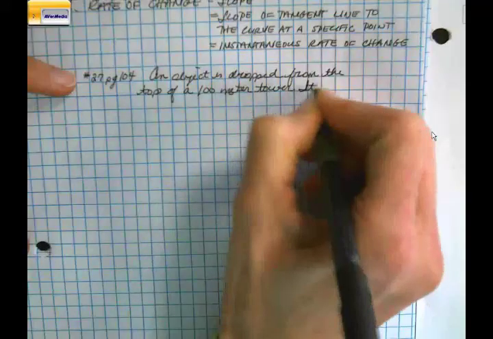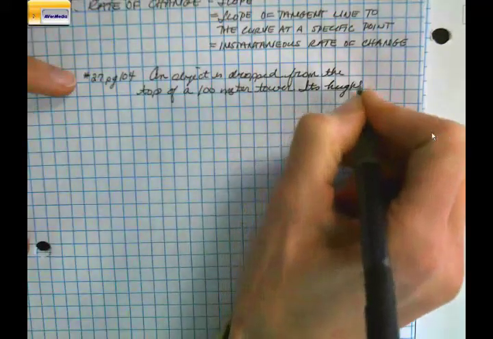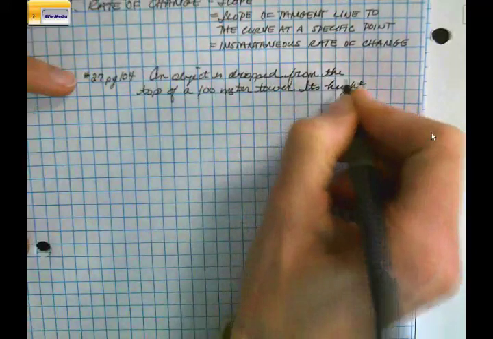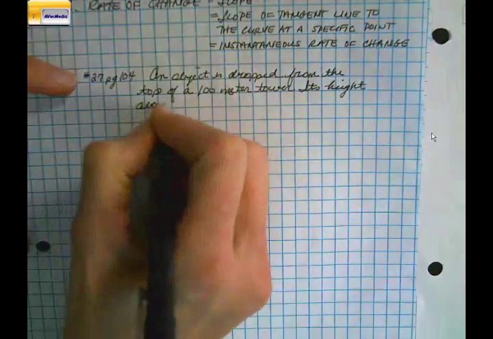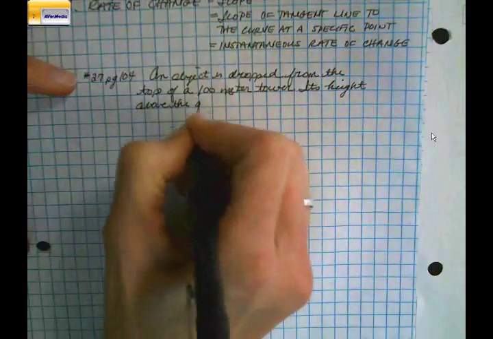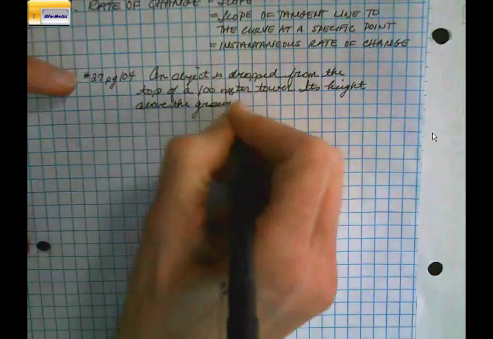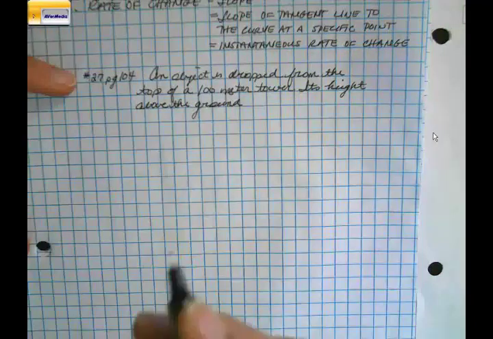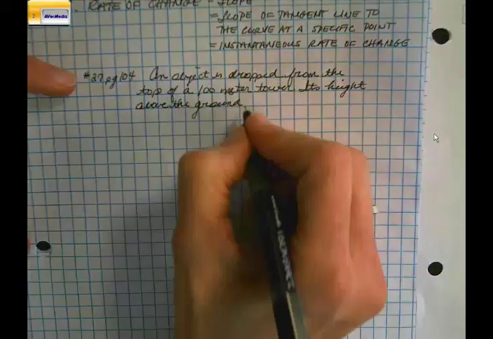Its height above the ground, the height of the object above the ground as it's falling,